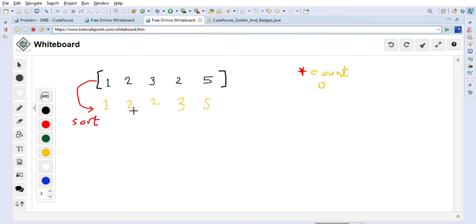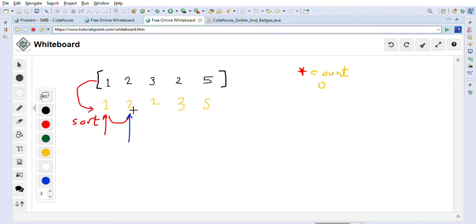So what we will do after sorting is go through this array and consider pairs of elements. When we are here, we will check this one with the next one, right? So 1 and 2, are they the same? No, they are not the same. They are different, so we are fine. We don't have to change anything. Now we will go to the second element.